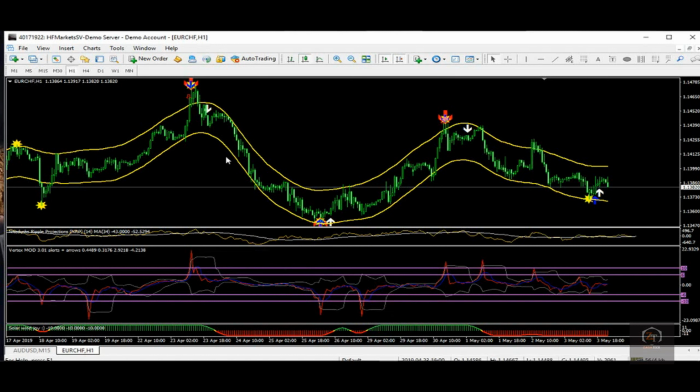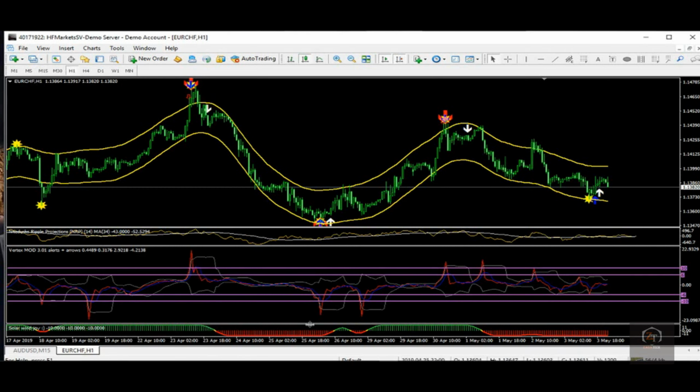The same thing is applicable here, it touched it. Now when it comes to this place, you see the blue arrow crossed it with the red arrow, which gives a very long sell. So when you enter a signal as soon as you see this, definitely you are 100% sure of profit, a few pips guaranteed. When you see a complete signal like this and also confirm it with this kind of trend here,